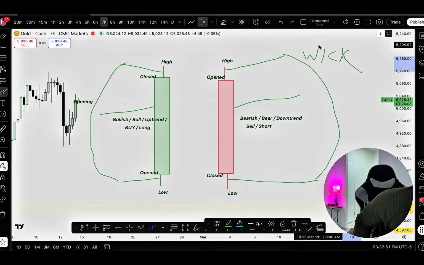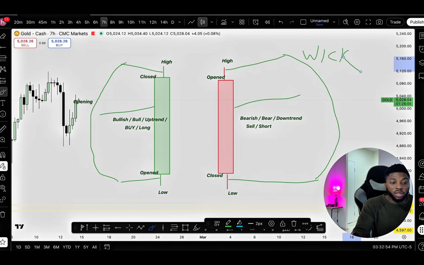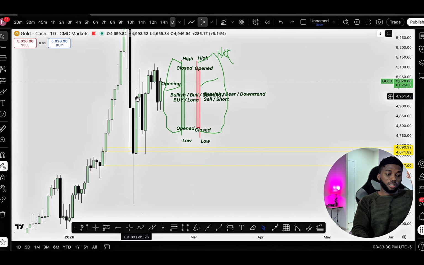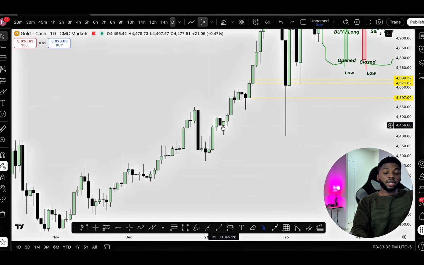Now, this is the opening, right here. Let me zoom in very well. So we should take note of that. So this is the opening. Yeah, of course, this is the opening. This is daily. This particular candle is this one here. You can see we have something that looks exactly like this,